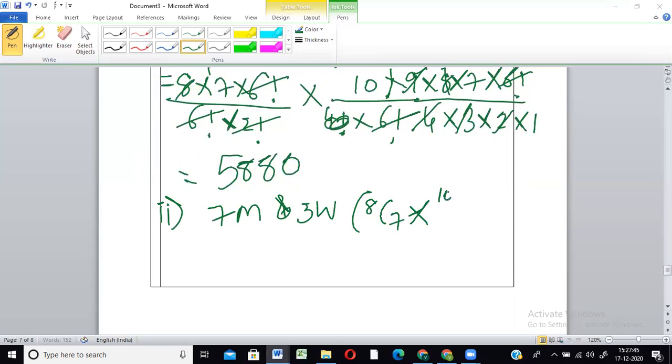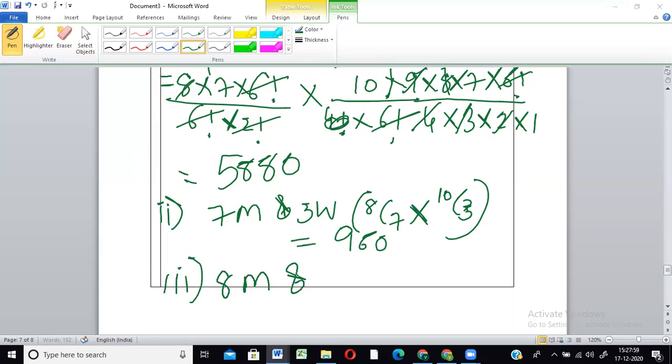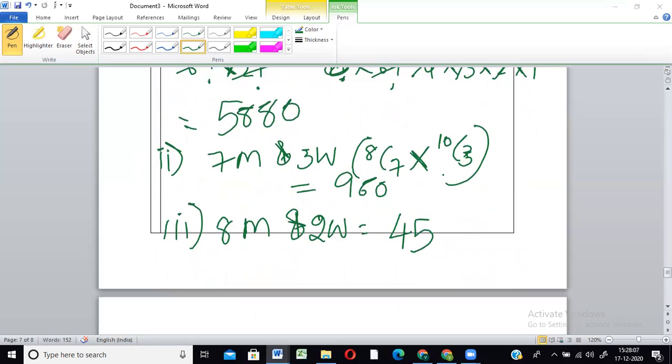8C7 into 10C3. These answers will be, these are normal calculations. I'm writing the answers. The next one is 8 men and 2 women. Those can be done in 45 ways. Okay. So now at the end, we're going to, of course, add up like how we did it in the previous one. The final answer is